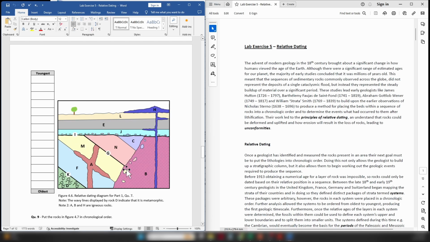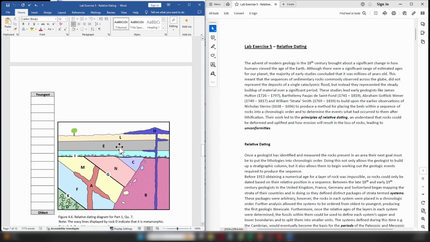Now, once you get above this sequence, we have unconformity I, and then you can see we have a sequence of nice horizontally bedded rocks. So obviously, the principle of superposition is going to be useful again there. And then you can see that nearly the entire sequence is cut by H, which is obviously some kind of igneous rock. And so, use the principle of cross-cutting relationships to put that into its correct location in the